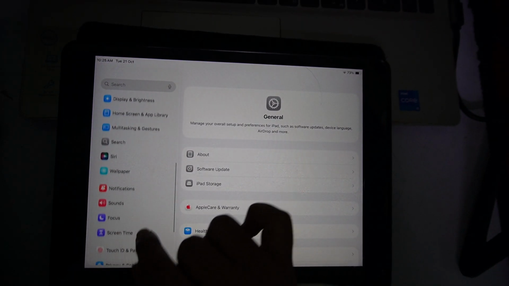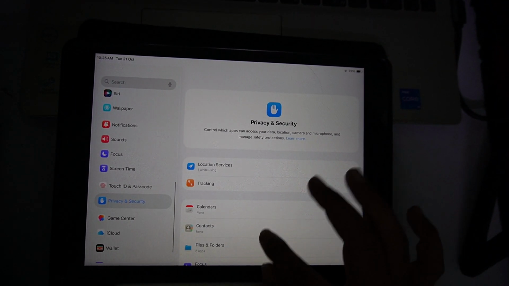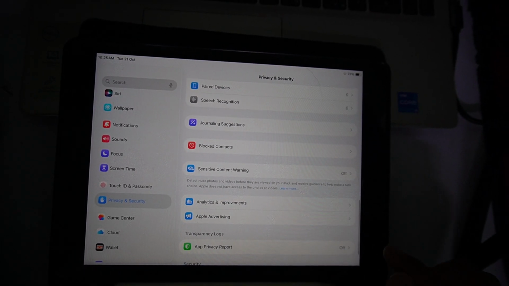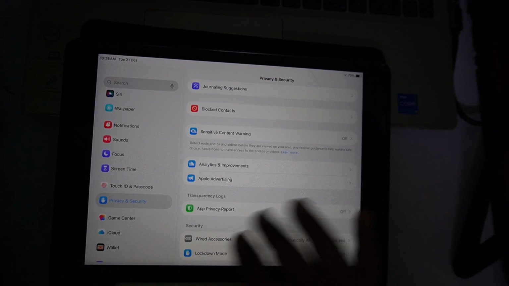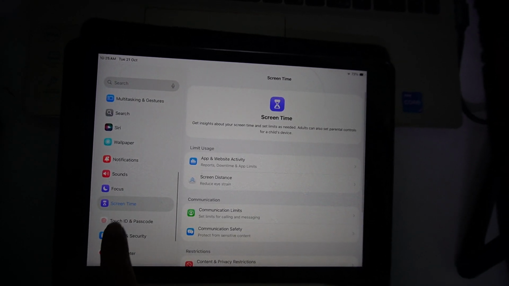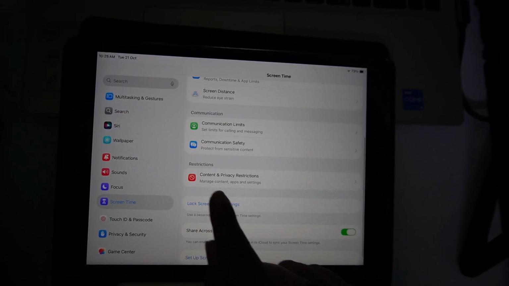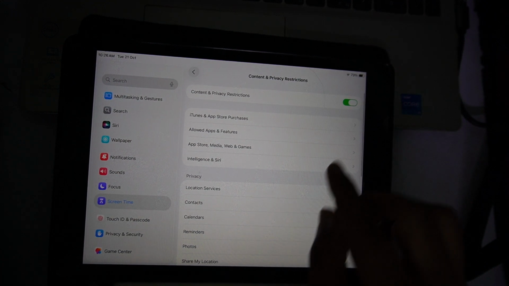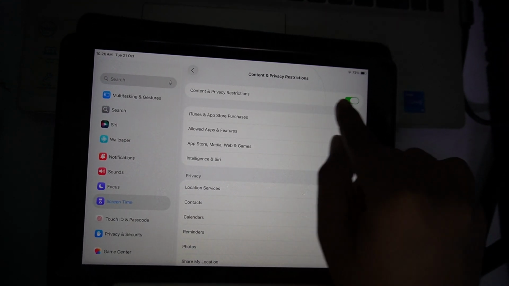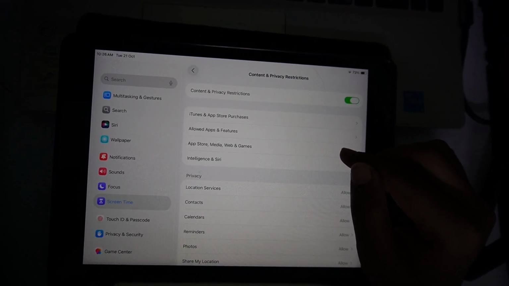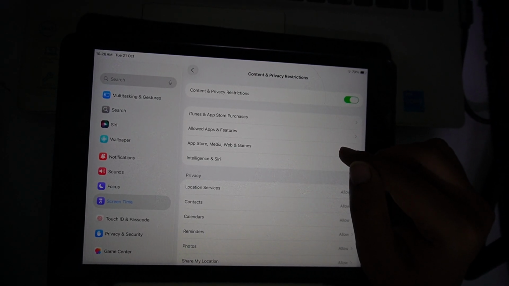Now you have to go to the privacy and security option, scroll down, and no, it's not that option. You have to go to screen time, tap on screen time, and now tap on content and privacy restrictions. Tap on this and enable this content and privacy restriction. Once you enable this, now you have to go guys to this option,